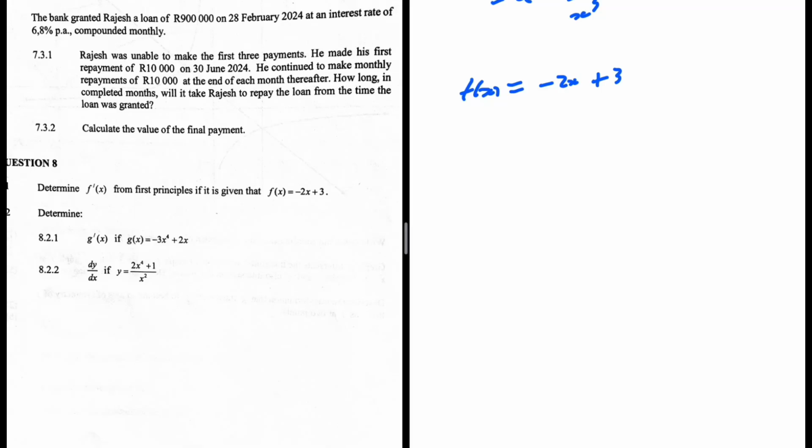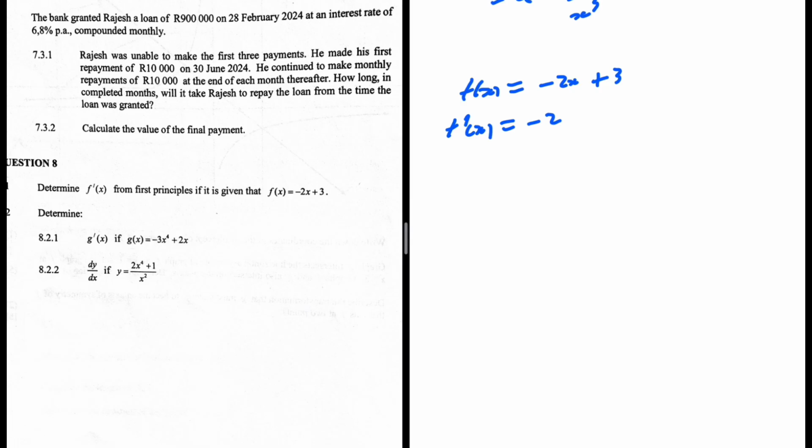If we were to use the power rule to find the derivative, we would have f prime of x equals minus 2. But we are supposed to use first principles. This just helps us to know which answer we're supposed to get. So using first principles, we will say f prime of x